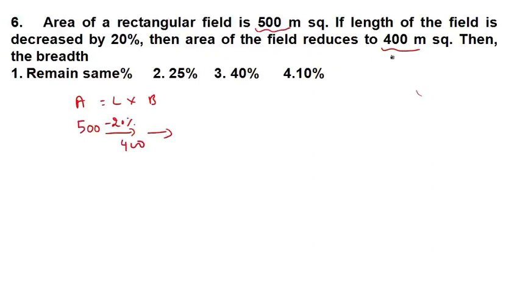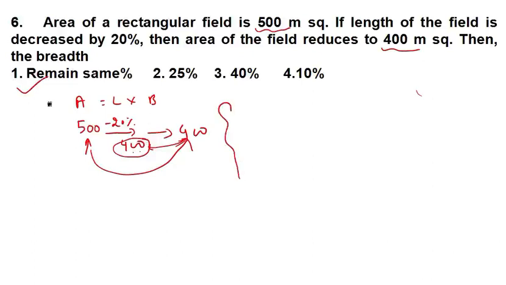Then the area will be, but the area reduced to 400. Okay, look guys, it is stated in the question very clearly. Before area was 500 and at last it is 400. So it is asking what happened to breadth. But what I can see here is that there will be no change. Since this is 400, I cannot increase or decrease. This is 400 and I got 400. I want 400. So it means that it will remain same.